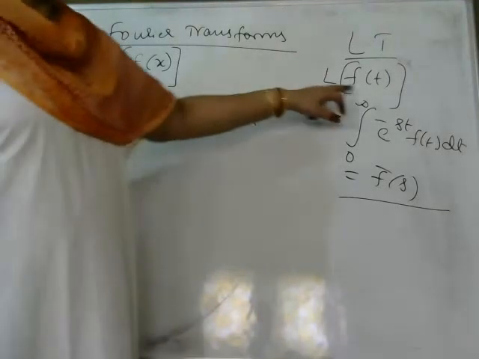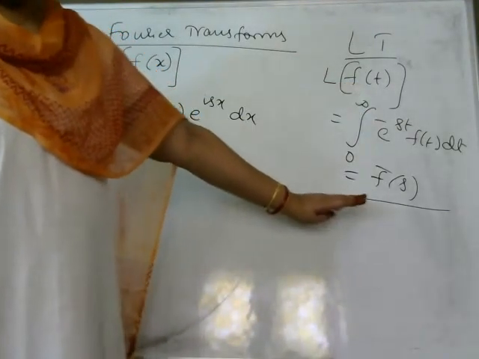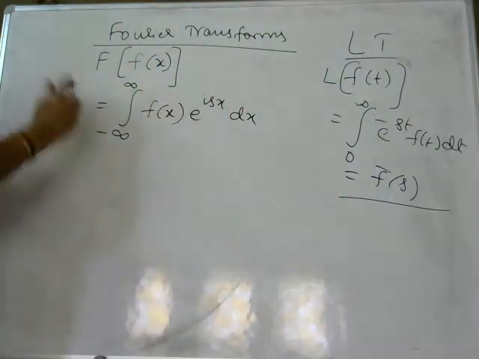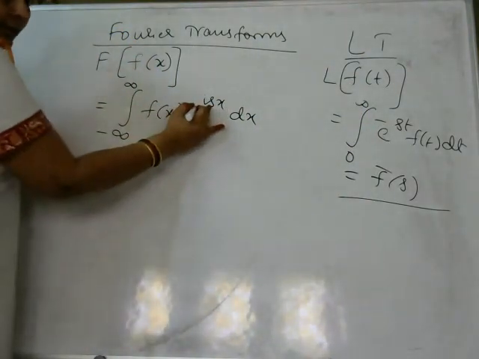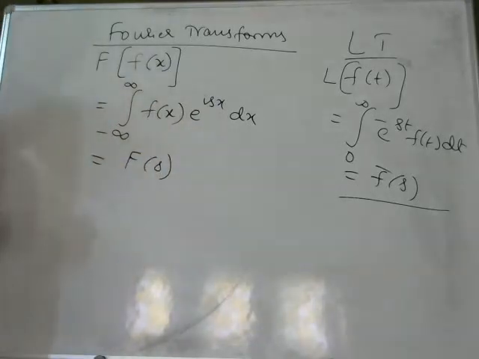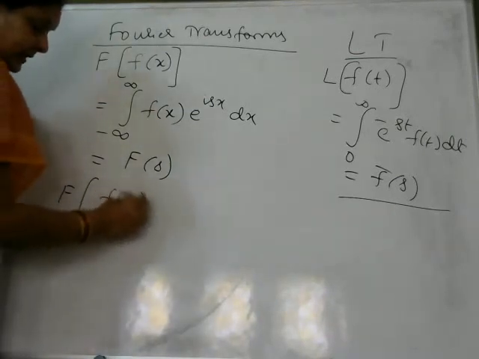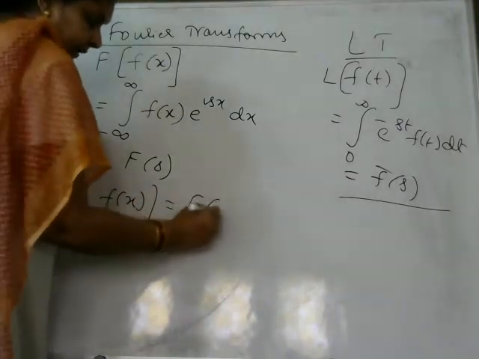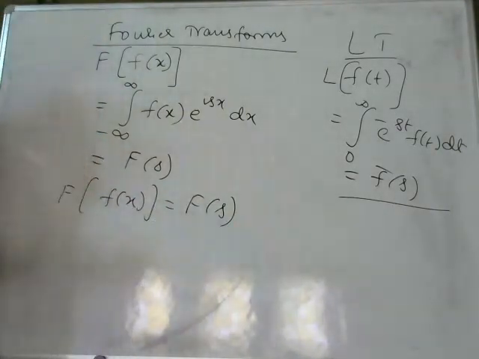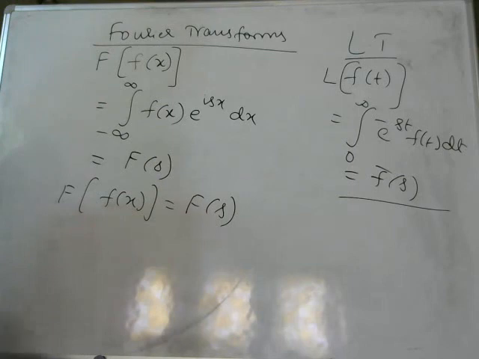So integral minus infinity to infinity f of x e to the power of isx dx. After applying the Laplace transform to a function of t, the resultant we are getting is in the form of a function of s. In the same way, here also, because we have an s over here, we get a function of s. We write it as capital F of s. So how we write the value? Fourier transform of a function f of x is equal to F of s. To get this value, we use the integral from minus infinity to infinity f of x e to the power of isx dx. You write down this definition.